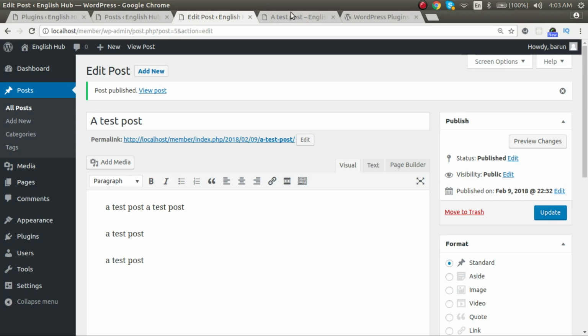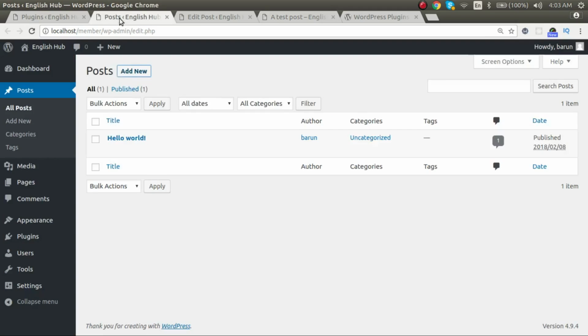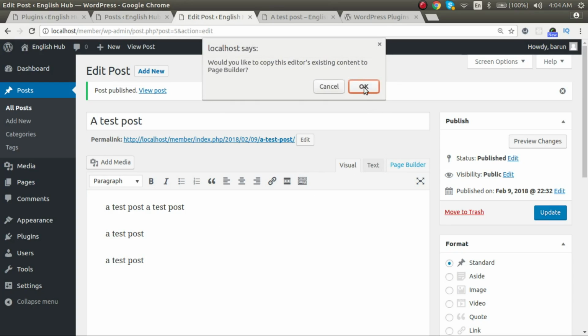Suppose that we want to have this post in 2 columns, first column similar to a newspaper and followed by the second column. This isn't easy to create using this default editor, and so this Page Builder that you see here